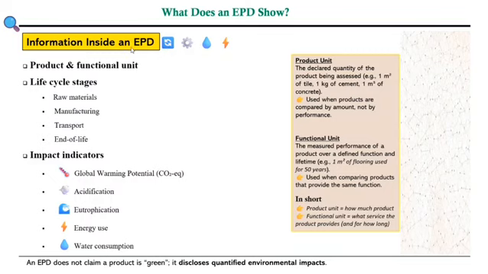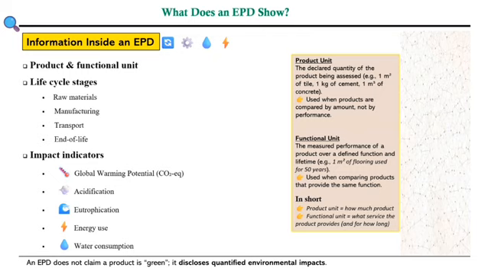Here we have information inside an EPD, meaning what items are included inside the EPD, or what does an EPD show. An EPD shows a product and functional unit, meaning here we have a brief or detail about the product unit and functional units. Meaning what in an EPD, it declares the quantity of product being assessed. For example, if we have a steel example, if they tested or investigated